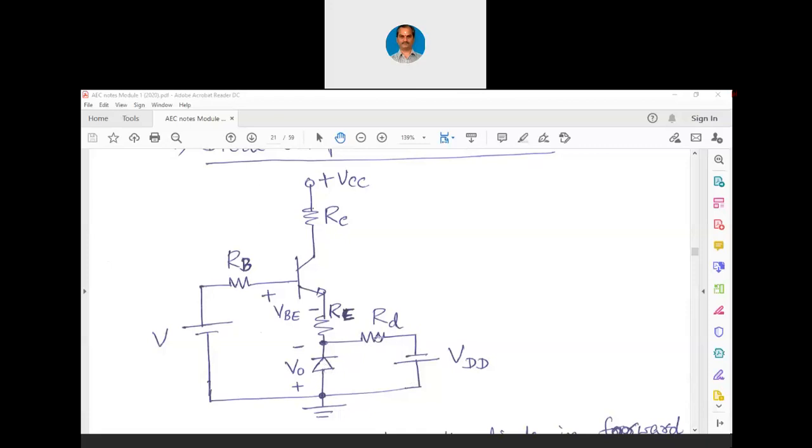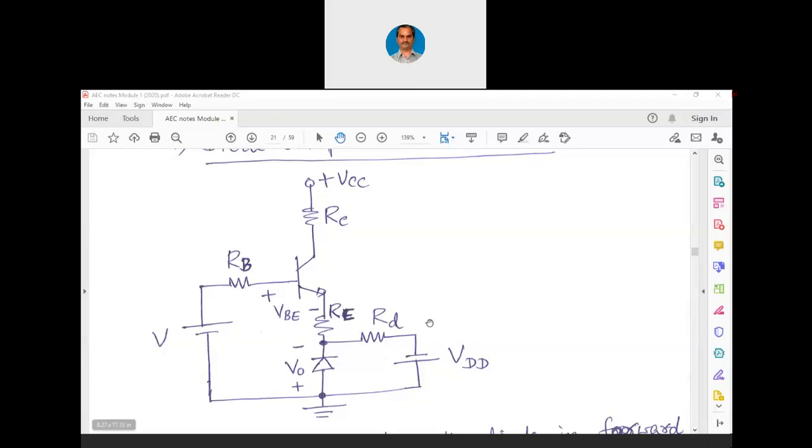Its cathode is connected to the negative of VDD, and its anode is connected to the positive of VDD. So this diode is forward biased with respect to VDD. And why is RD given? Because we know that even though we generally take the drop across a diode as 0.7, actually it is not so. So we give a supply voltage of, let us say, around 1 volt or 2 volt here, that is VDD. The remaining voltage will be across RD, so that whatever is the forward bias voltage drop, that will be across the diode. That is the idea here.